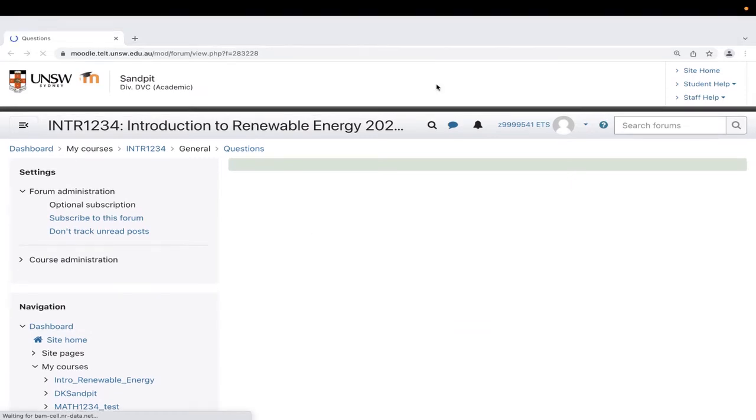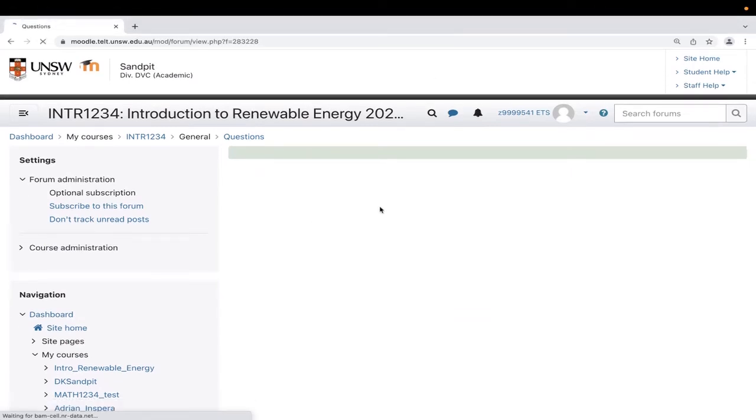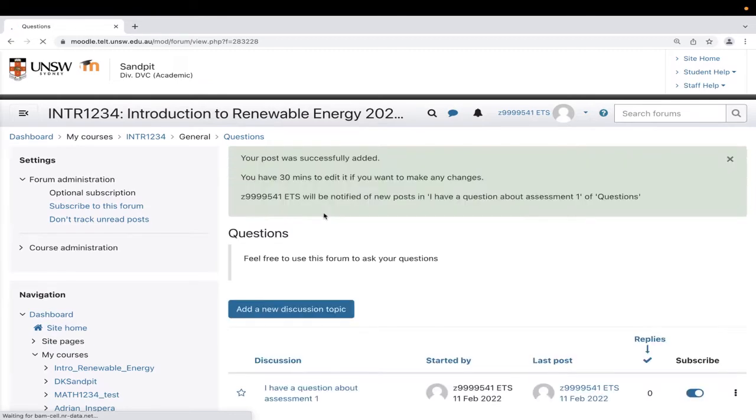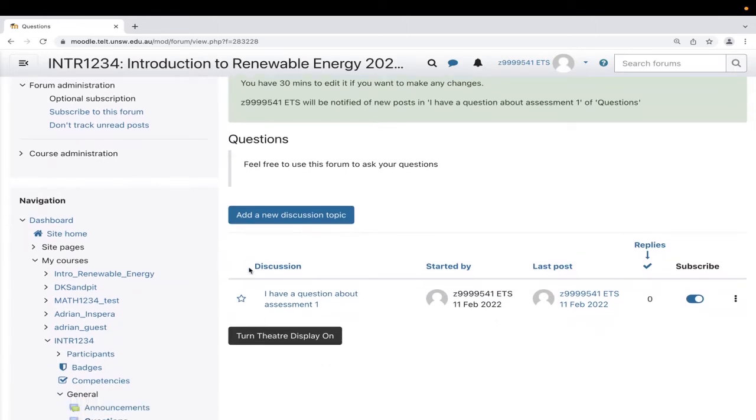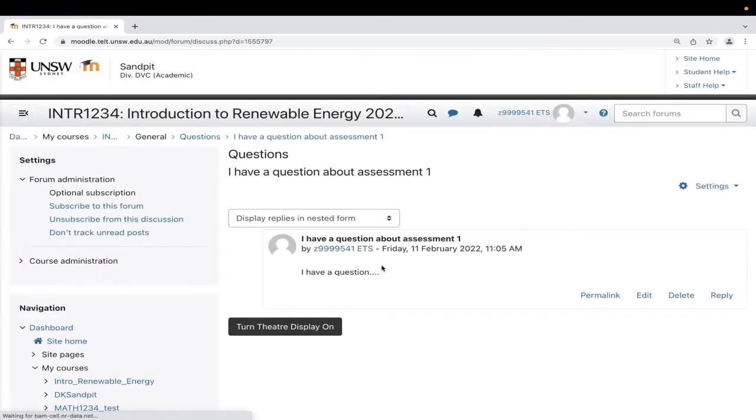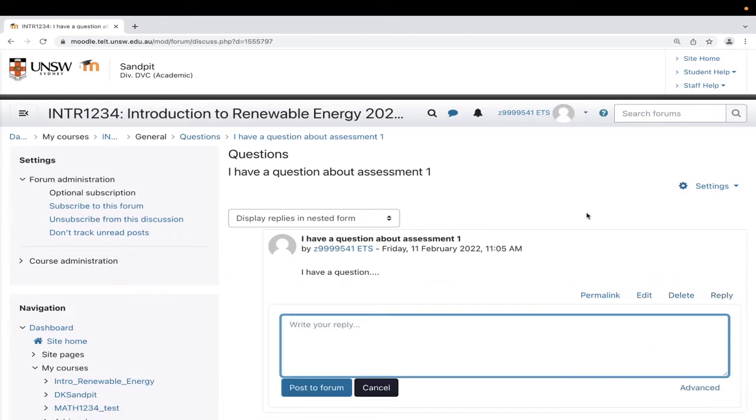So perfect. Just wait for it to load. And once it loads, a post will be made into the forum for everyone to see. So it's pretty standard as a forum. You can make posts into it. Your peers can go into here and click on your discussions. And of course, you can click on other people's discussions. And we can just have a discussion. We can see what they want to say, and we can click the reply button, for example, to make replies to it.